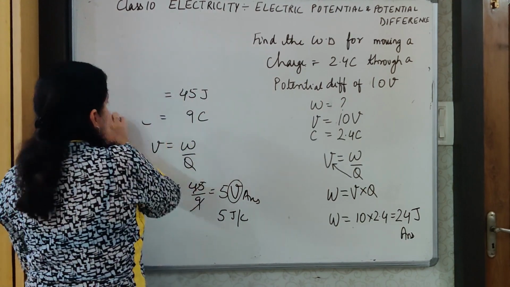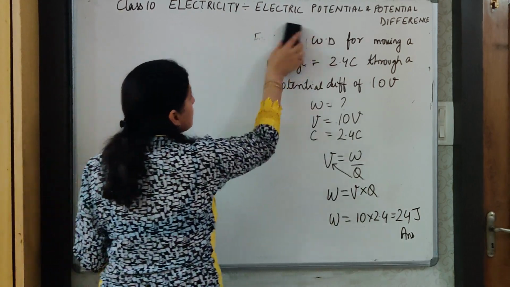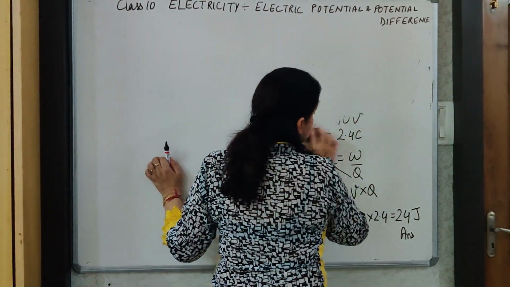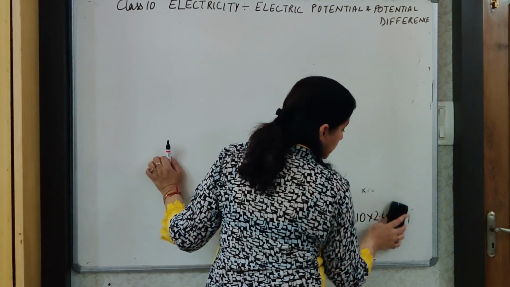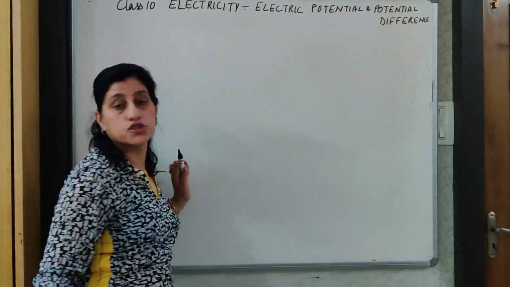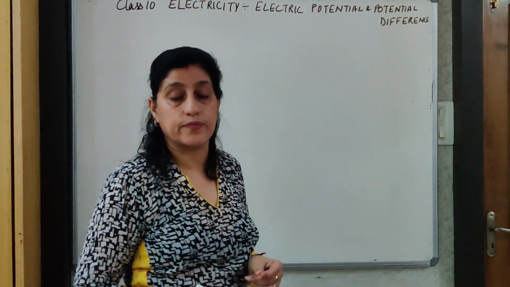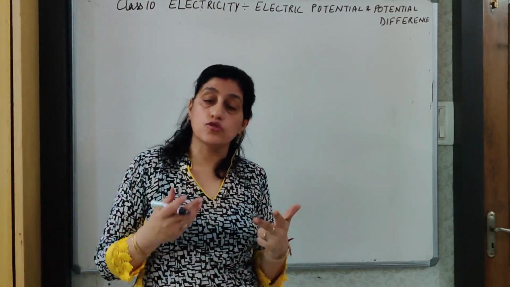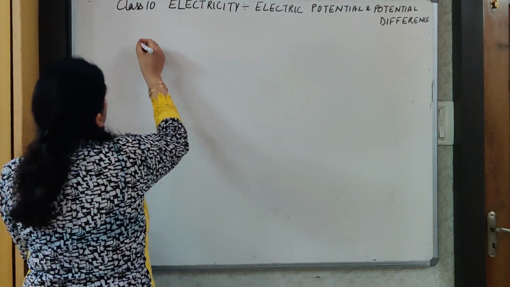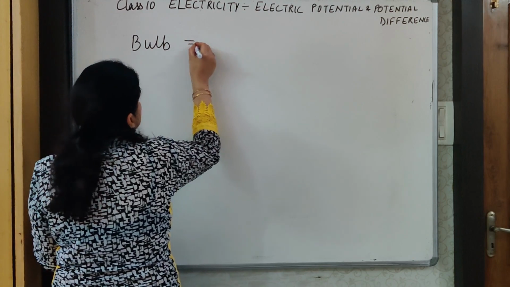So next, before ending the video, we have to also take up the symbols used when we do electric circuits. When we are drawing electric circuits, we use symbolic forms. So here I am going to tell you the symbols used for electric circuits to draw an electric diagram. Some of you know, or some of them you have done in your previous classes. So beginning with that first, you all know the symbol of bulb. The symbol of bulb is like this.